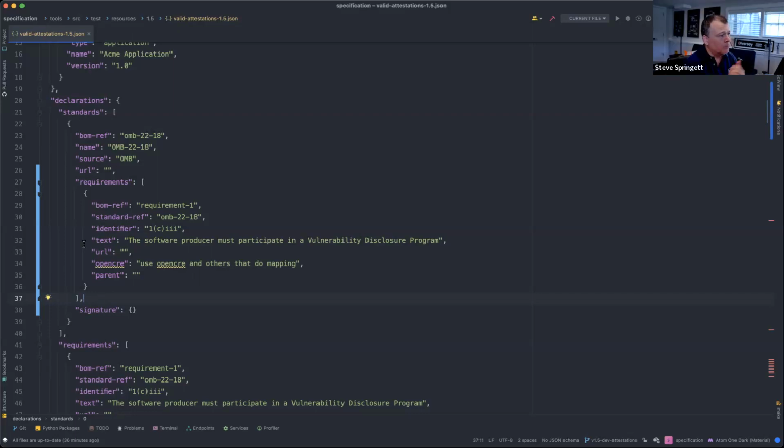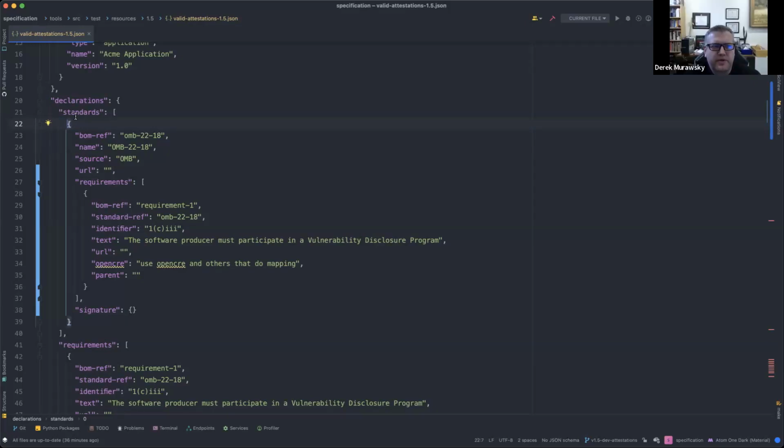Thanks. But he brings up a good point. Does it make sense to group the requirements to a given standard? That would be easy, and that way you could just sign the entire thing. If you didn't do that, then you'd basically have to sign the standard and then every single individual requirement that was part of that standard in order to sign the entire thing. That sounds like a lot of signing to me.